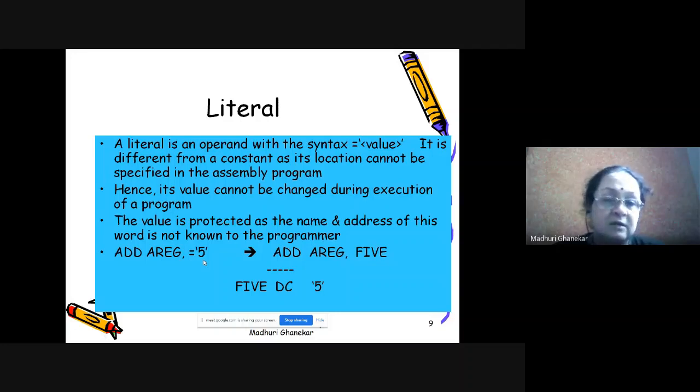So that is the difference between the literal and the constant. You need to remember what is a literal and what is a constant. Constant is declared using the DC statement, and the literal is declared using the advanced assembler directive LTORG, literal origin. That is the place where the literals are declared.